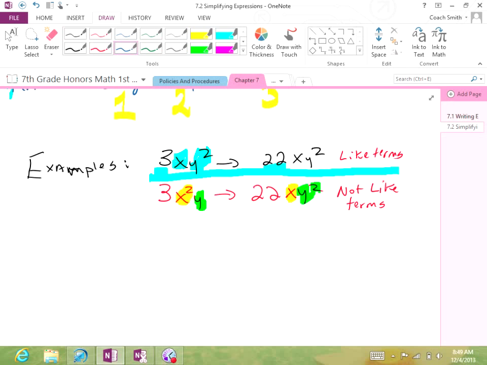Using that, I could have xy squared and then have 22xy squared. And that's still like terms. Okay? Because in front of every single variable, if there's not a number, there is a 1. We just don't put it. That's really 1xy squared. We just don't say that. Just like we don't put a positive sign with our numbers. This is very important that you understand this, because here's an example of a problem you will have.